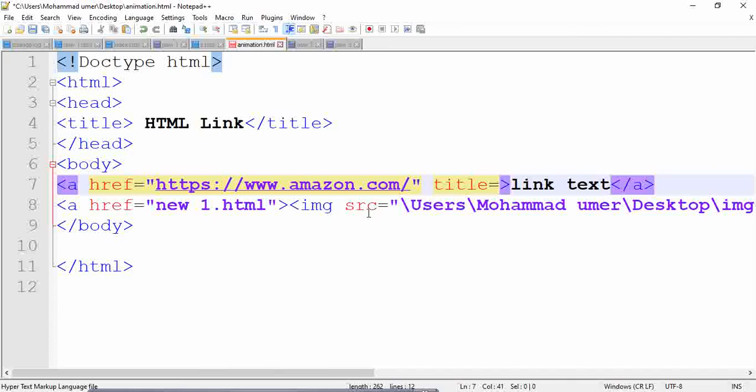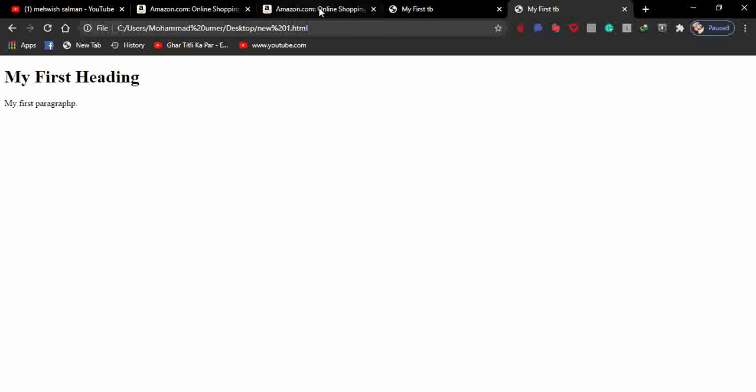Okay, so I am giving the title here. For example, go to website. Okay, this is the title that I am giving. Let's save this and see the output in the browser, what the purpose of this title attribute is, what this title attribute is doing in HTML for the anchor tag. Okay, so I'm just reloading it from here. When I am bringing this mouse over this particular image,